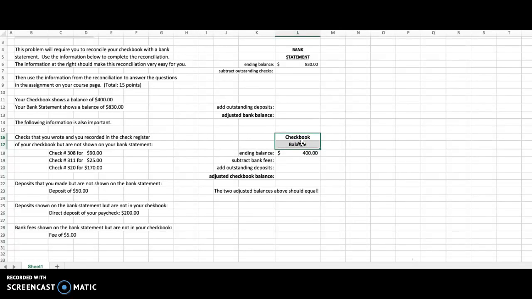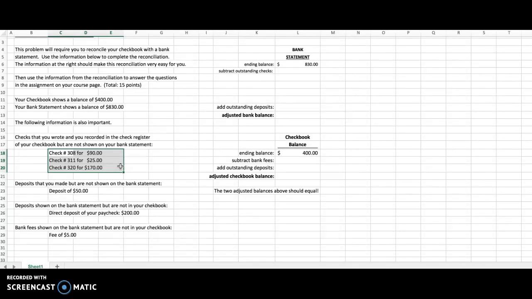So there's a little discrepancy there, and that's very important. Now, as we said in your problem, your checkbook balance shows $400, your bank statement shows $830, and the following information is very important. First of all, we will look at these outstanding checks. Outstanding checks are those that you wrote that are shown in your checkbook but are not shown on the bank